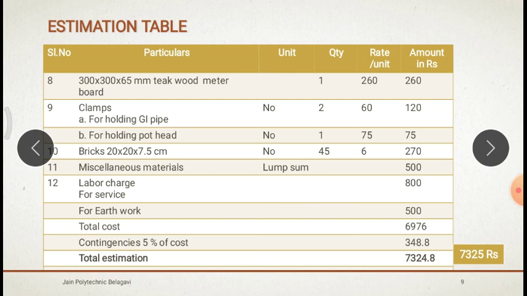This much you have to do for problems on the single phase underground service main. They may change the data, but the steps remain the same. Almost all the steps are fixed. Only the current you have to find out, and the cable. The rest, like the pot head and meter board, are specifications, and the earthing specifications too. These are all fixed points, and you can remember them. Only the variables you have to change according to the given data.